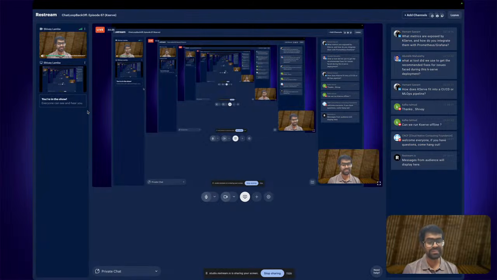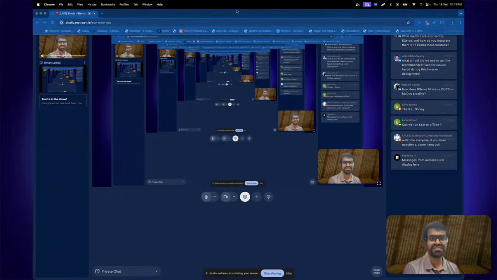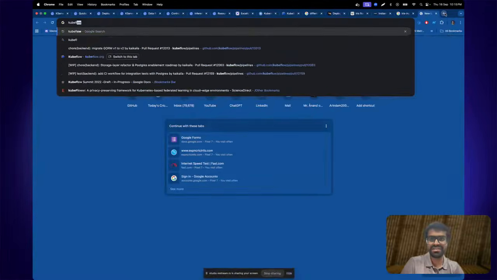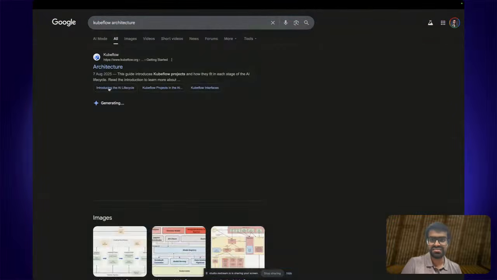package it first. So maybe you are using Kubeflow, or you're containerizing the entire application with Docker, right? And that would be our CI/CD flow, or the MLOps pipeline. For MLOps, you can specifically think of Kubeflow, because Kubeflow is an MLOps platform, and it's one of the largest projects within the entire Kubernetes ecosystem. And Kserve is essentially, if you think of it this way, let's take a look at a Kubeflow architecture, right?